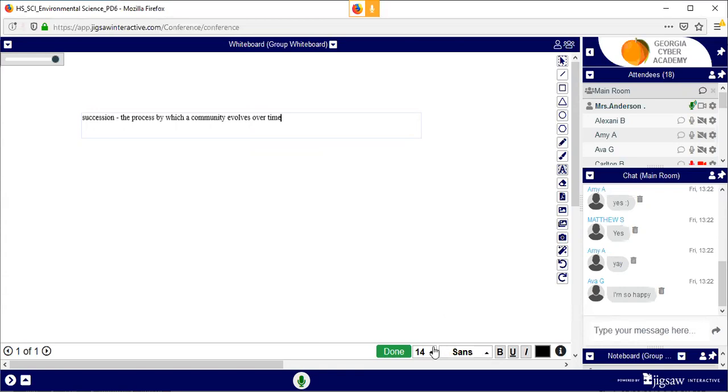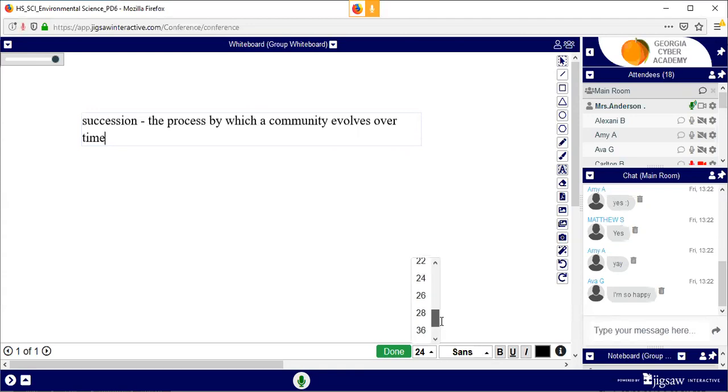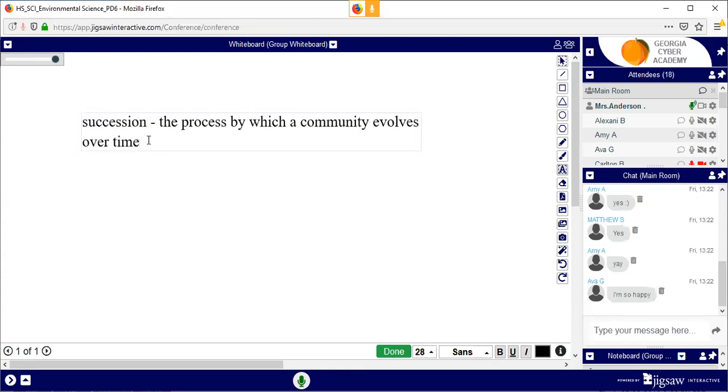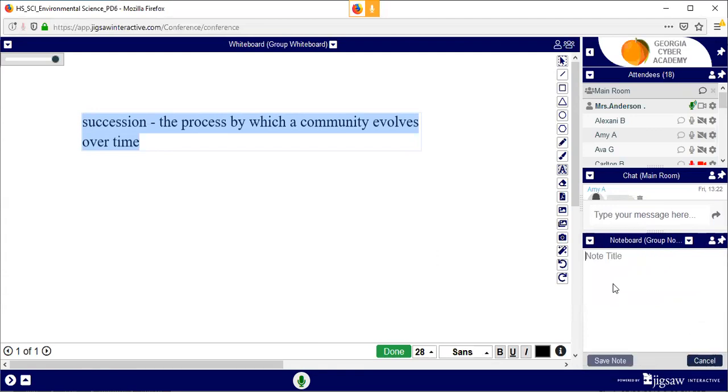It's how that community changes as far as how the organisms living there change, how the plants change, maybe the types of animals are different. So succession is the process by which a community changes over time.